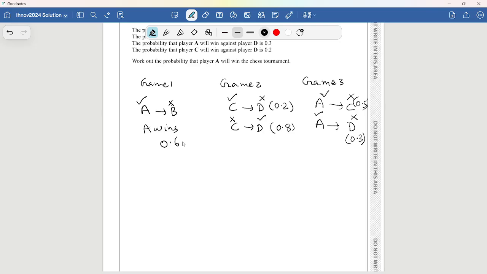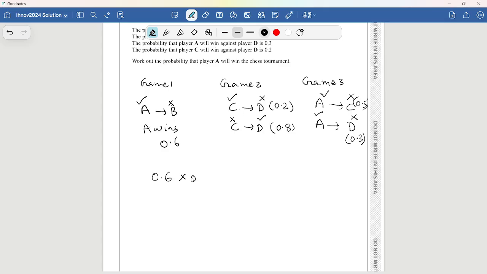Starting from A being a winner in Game 1, the probability is 0.6. So the first option here is A winning the first game and then C winning Game 2,